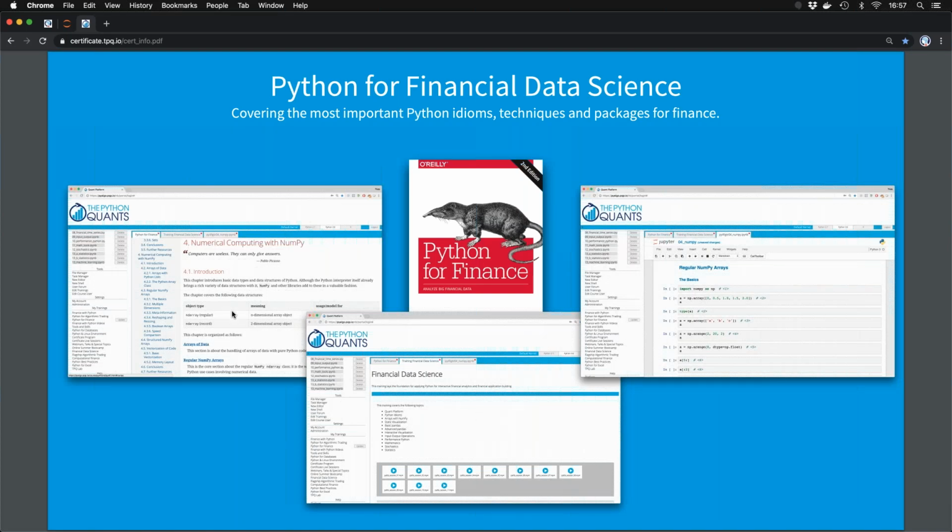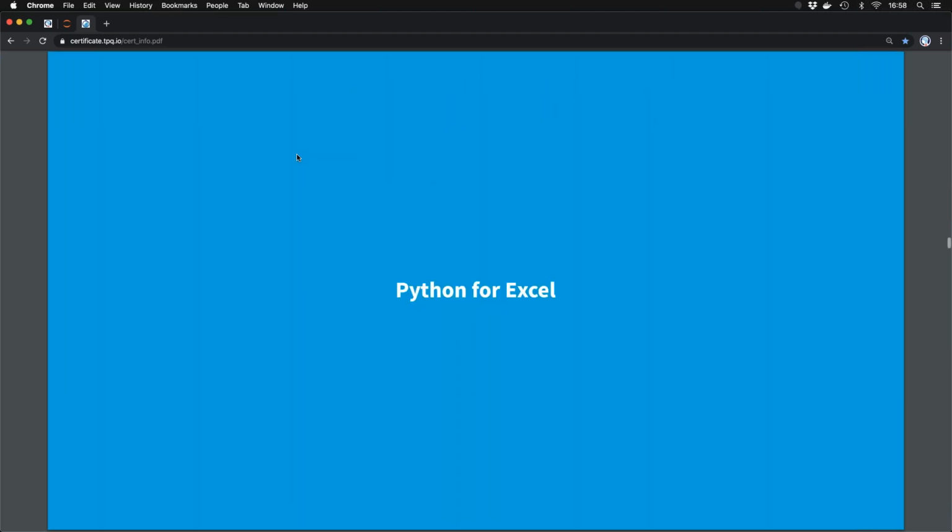You see here on the left-hand side, similar to Finance with Python, the HTML-based documentation on the quant platform. Then you have all the video recordings there, plus all the Jupyter notebooks. And of course, if you want to read along in the printed version, that works perfectly fine. You can also read it electronically, let's say on learning.oreilly.com, which I usually recommend because via one subscription, you get access to all the books from O'Reilly and from Wiley and other publishers. So all my books are available on this platform. The guideline here is covering the most important Python idioms, techniques, and packages for finance.